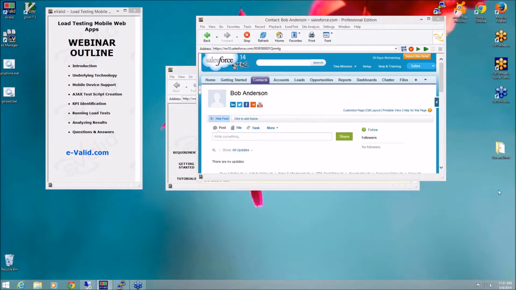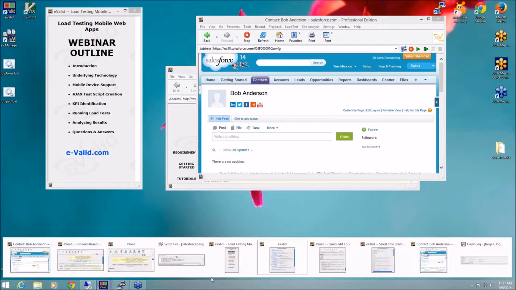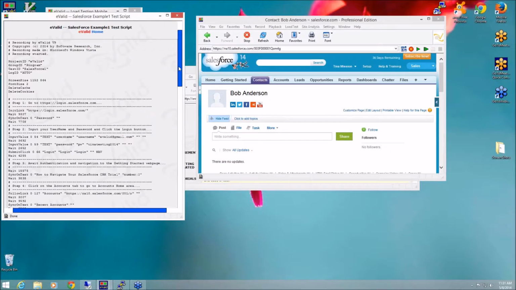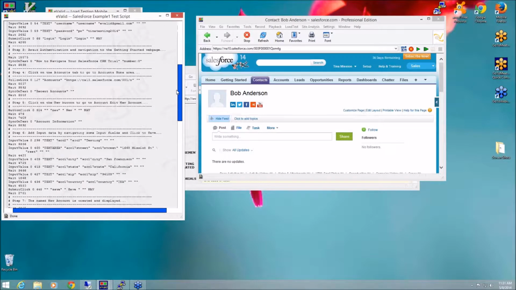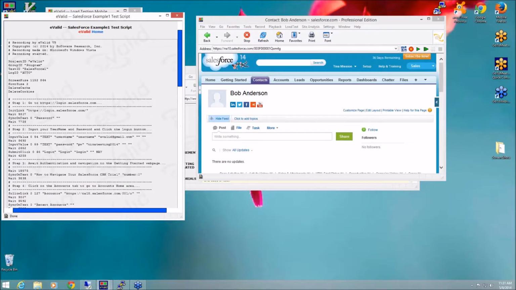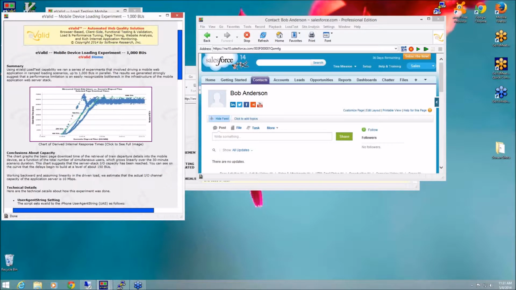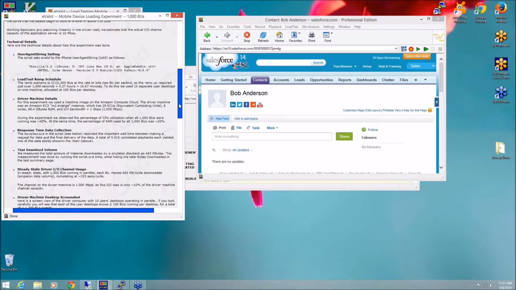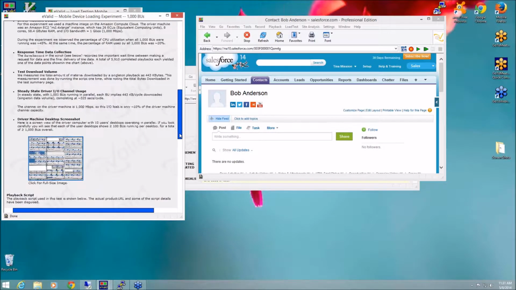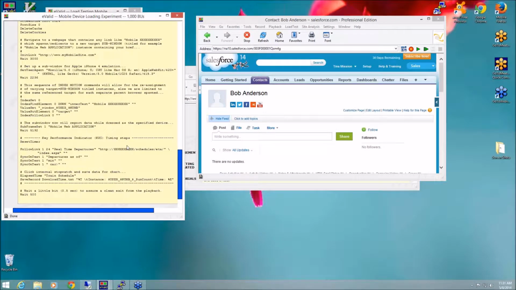So, the performance indicator in this playback, let me find the right example. The key performance indicator is how long it takes to do a particular thing, the mobile device loading. I'll come back to this. Now here is another script, and again, I don't want to show you scripts and ask you to understand them in real time. I just want to illustrate that the key performance indicator in this particular example was the amount of time that it